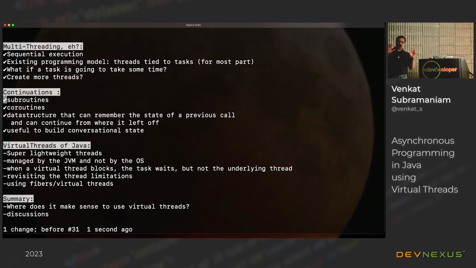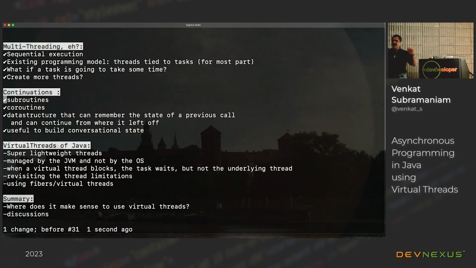So in other words, we have two functions, but the entry point is no longer the beginning of the function. You enter the function, but you exit right in the middle, but then you enter right back into that conversation, and then you go back and forth with this function conversation. So that becomes a nice way to have a coroutine.